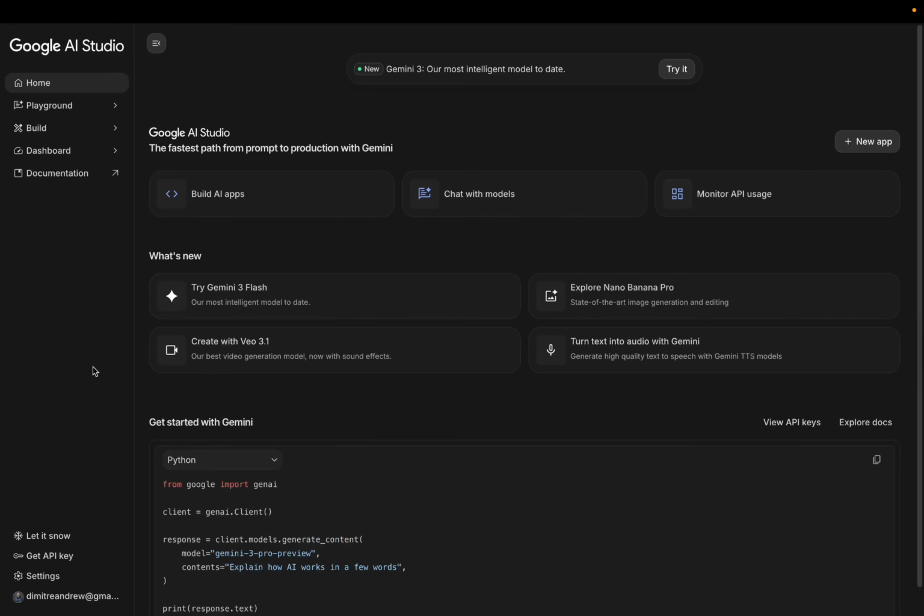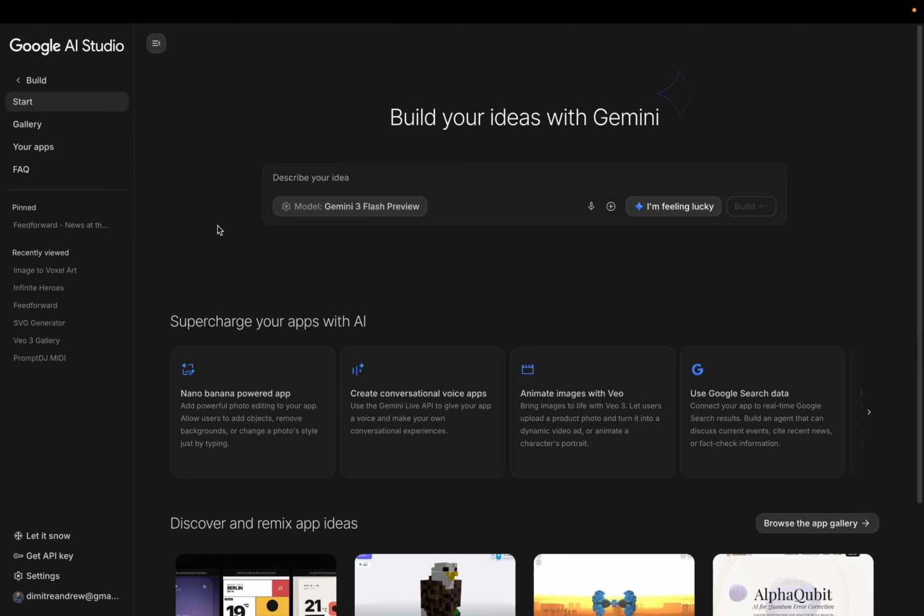Hello, everyone. So this time I'm going to talk about AI Studio, but to be more specific, the build feature. So people usually know AI Studio to be this platform where you can test many models from Google, from Gemini to creating text, speech, images, video, and many other models that they also have here. But they also have this build feature, which leads you to this other interface here, where you can build apps